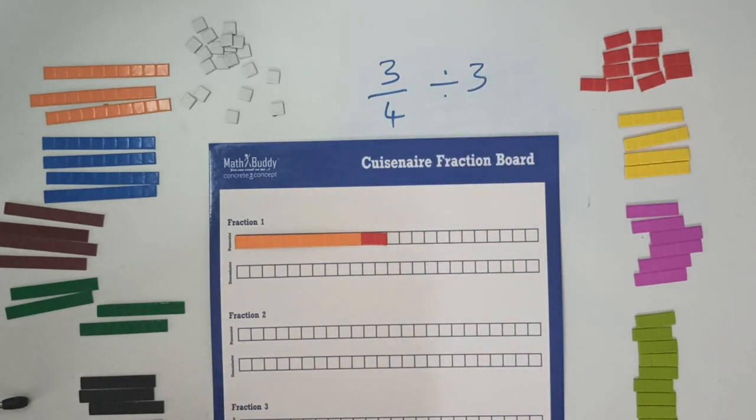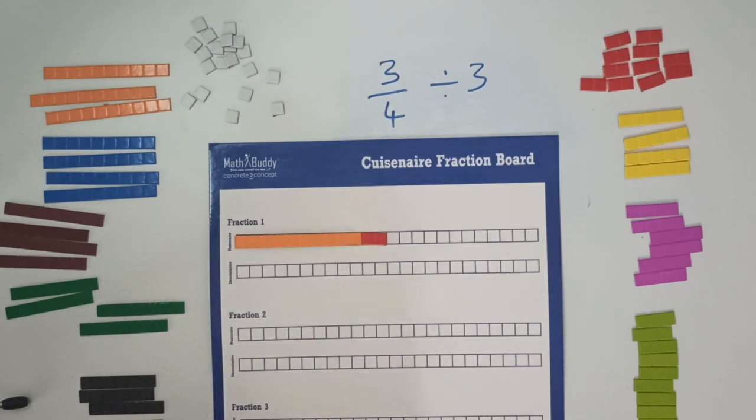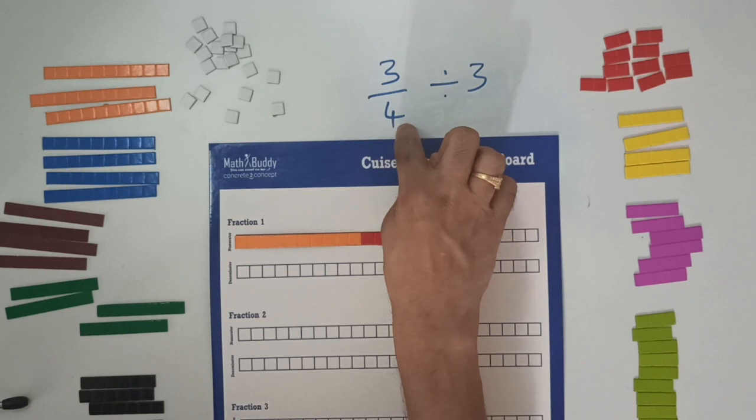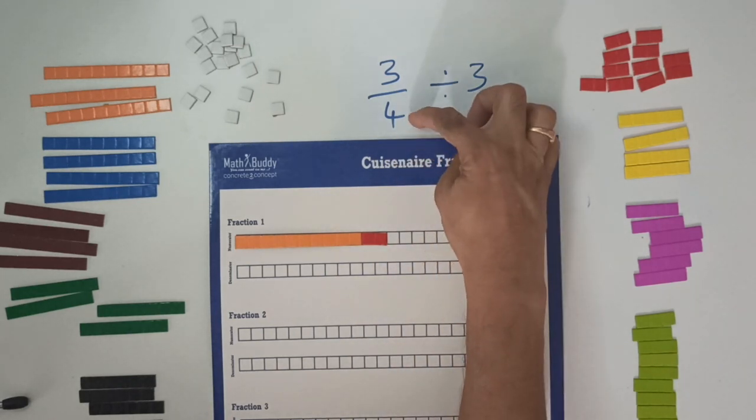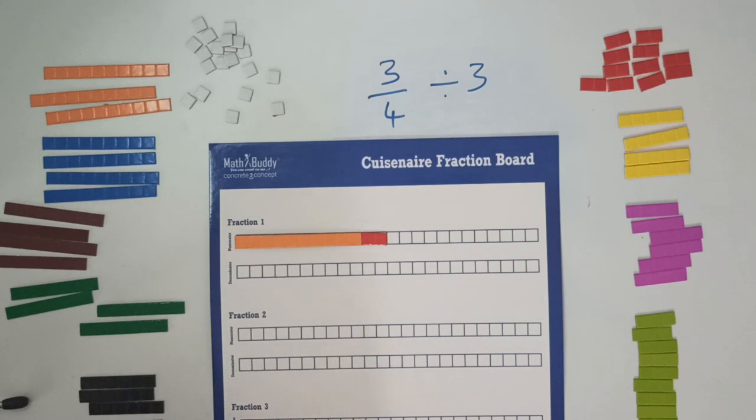And this statement by itself says that we need to find 3/4 of something and the result we need to divide by 3. Don't you agree? So what we are going to do is first we are going to find 3/4 of this whole. The whole is 12. And how do we find 3/4 of this? We need to divide this whole into 4 equal parts because the denominator has 4 parts.